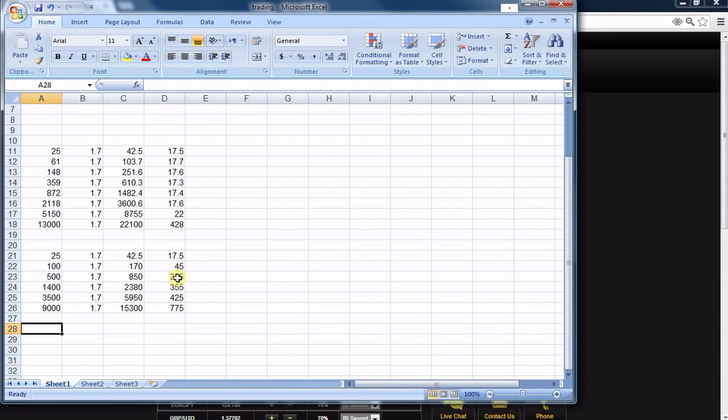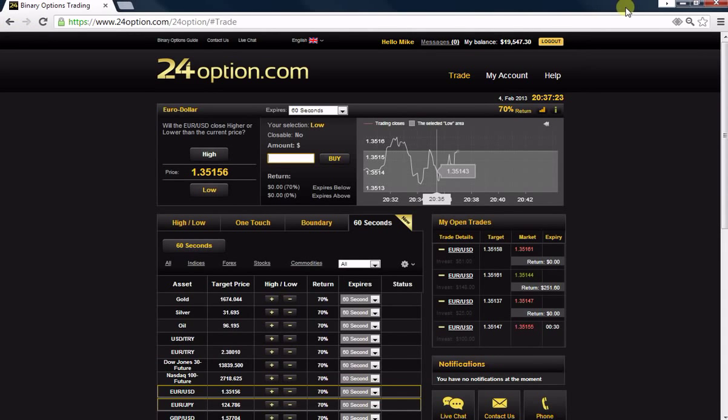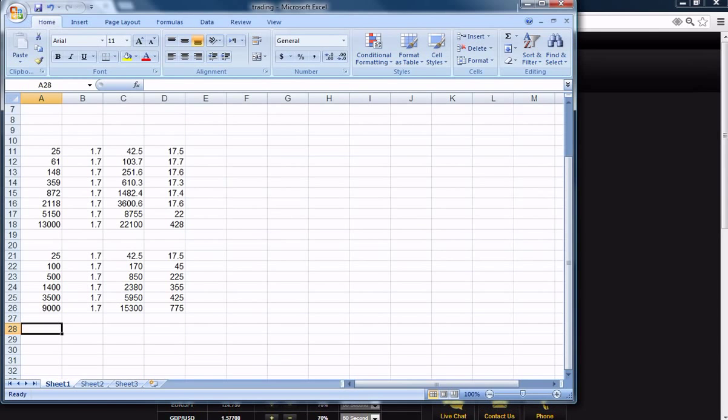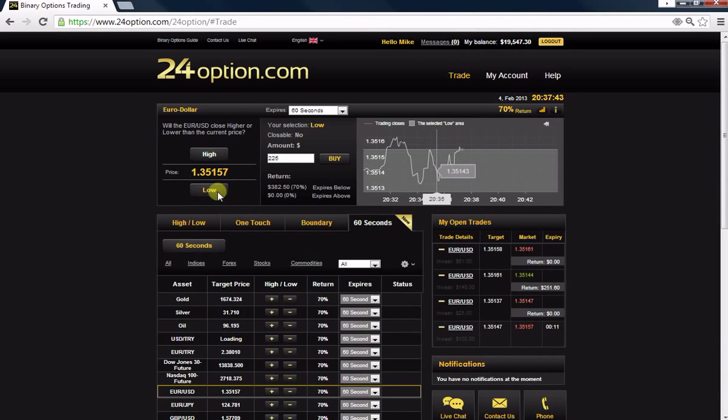So the next one, 3 trades. Let's do a balance. Let's make a profit of $200. So my next profit, or $225. So my next trade is going to be at $225. The return is $850, taking into account the $500 plus the initial $100 plus the initial $25. That's $625. 850 minus 625, you're going to get $225 profit. Okay, so